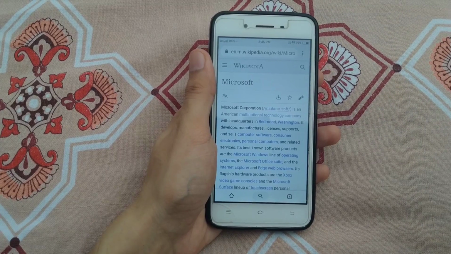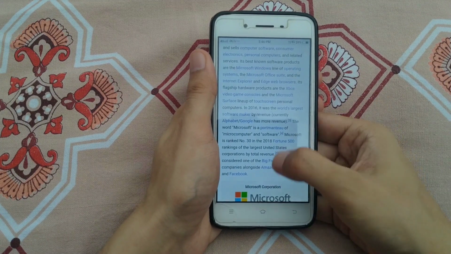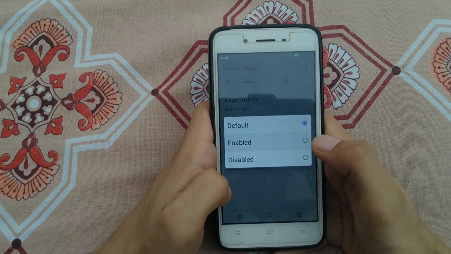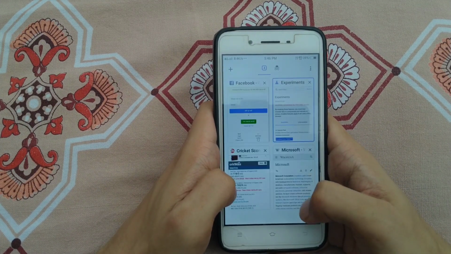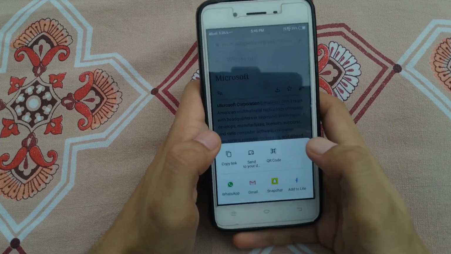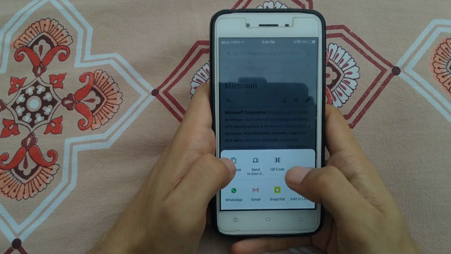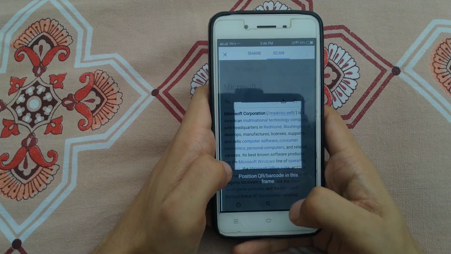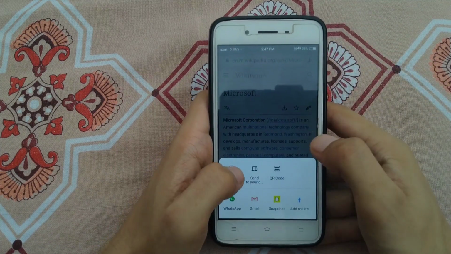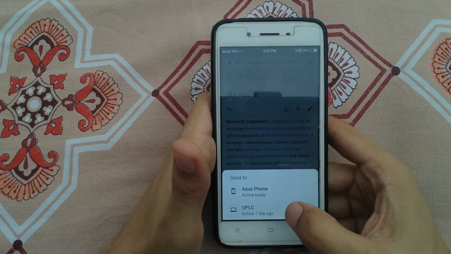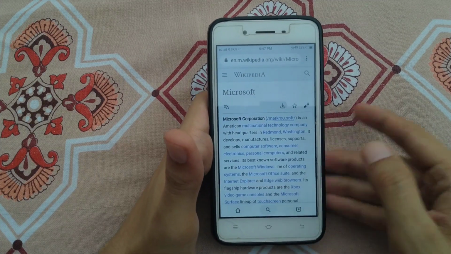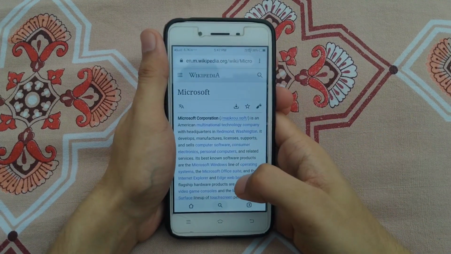There are times when you are reading something on your phone and then you want to read it later on the bigger screen of your laptop. For this you can take the help of Chrome Sharing Hub, enable this flag and restart Chrome. And when you go to the share option, you will see a new redesigned menu, and here you will see a QR code option which doesn't work because hey, these are experimental features, so you cannot really expect everything to be working. But what's working is this send to your device option. Just press on it and it will show all the devices on which you have signed in with your Google account. Just tap on it and you will get a notification with the link of your article on your laptop.